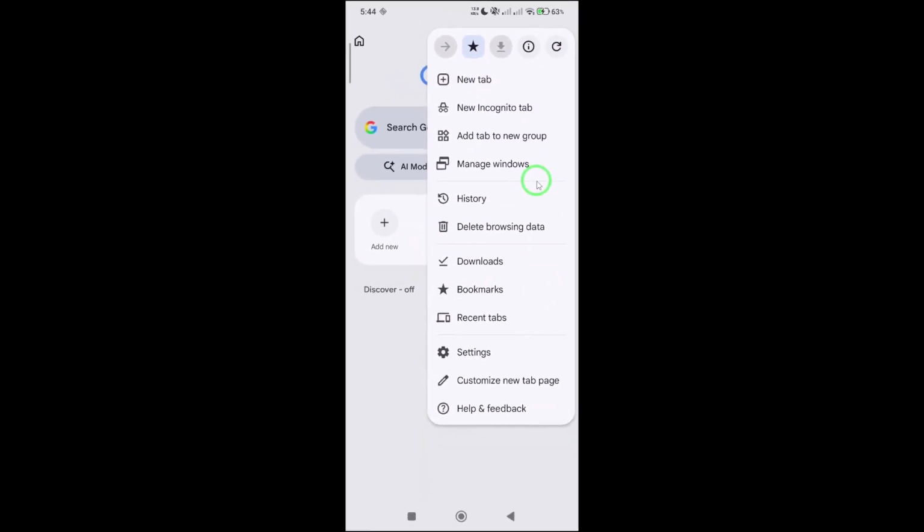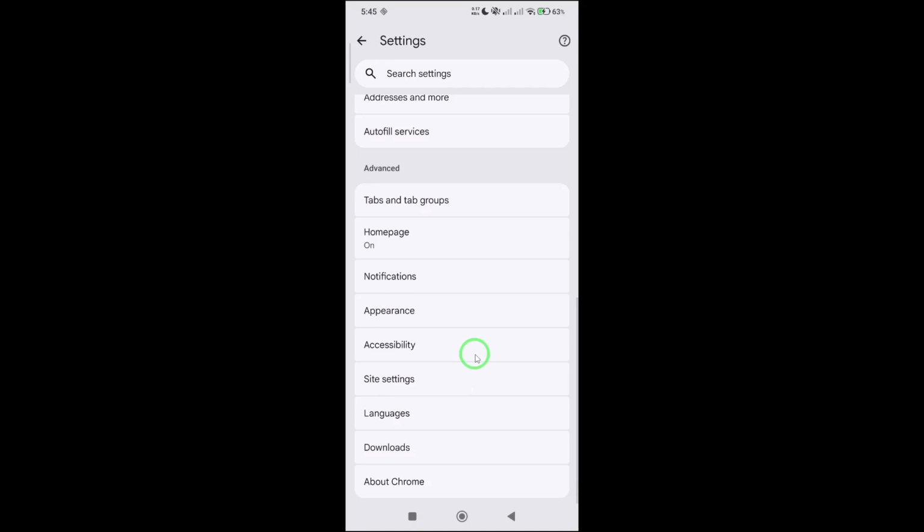Once Chrome is open, head to the top right corner of your screen and tap on the three dots. That's the menu icon where most of Chrome's settings are stored. Next, from the drop-down list that appears, select Settings. This will take you to Chrome's main settings page, where you can control everything from your home page to your